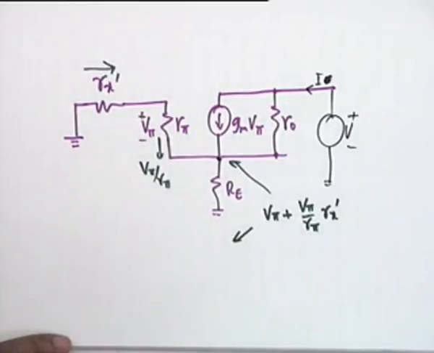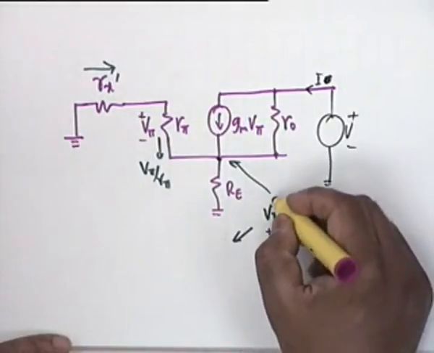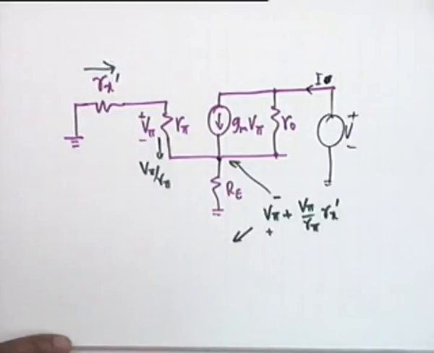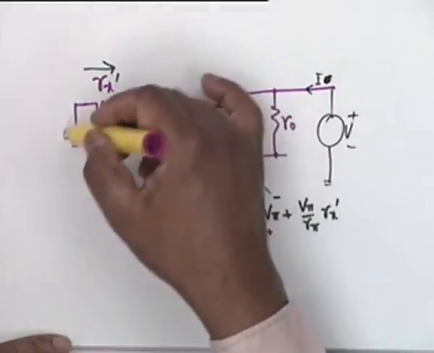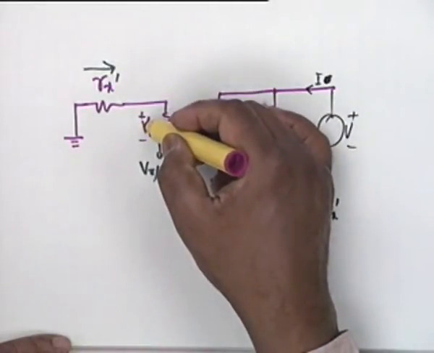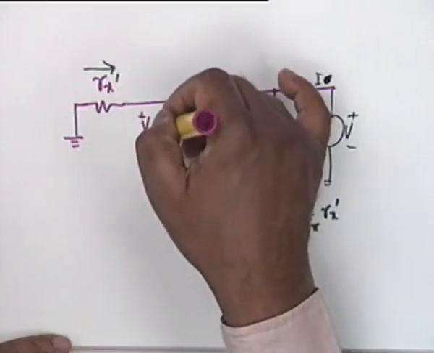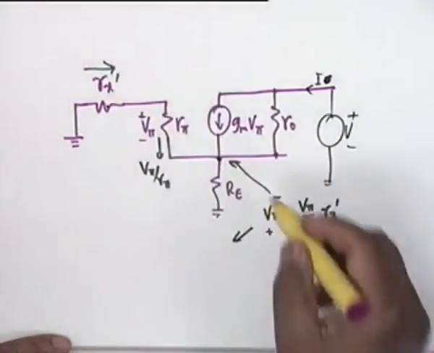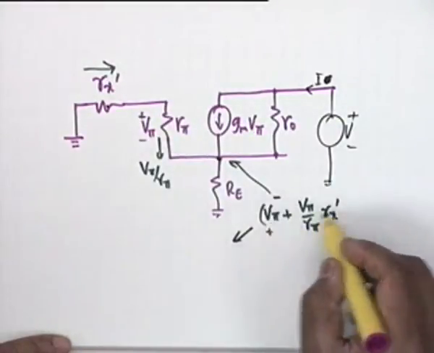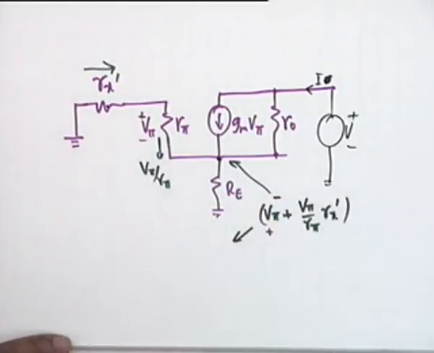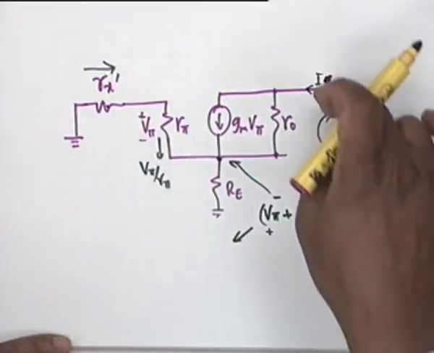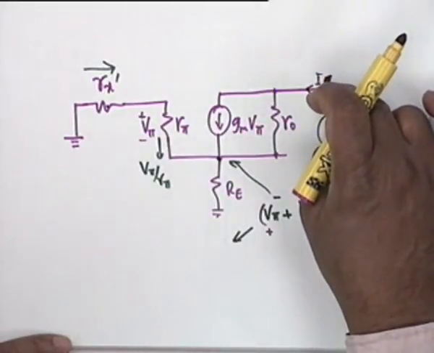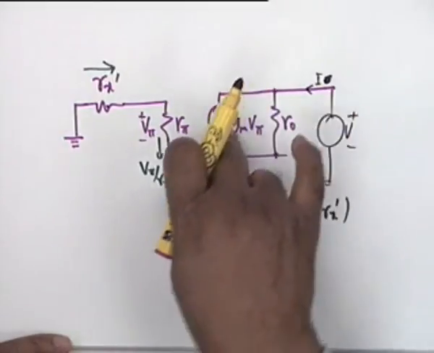What about the polarity? Lower part would be positive and this part will be negative. Please repeat this. Okay, I am going from here to here or here to here. So minus V pi by R pi, this is the current, multiplied by Rx prime. That is what I have done. I have written the total voltage and this is the polarity. So if I know this voltage, then this I shall be simply GM V pi